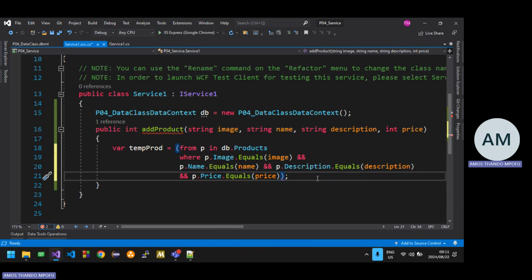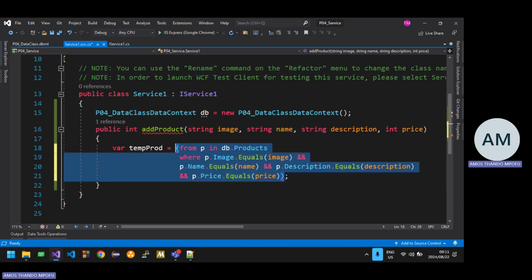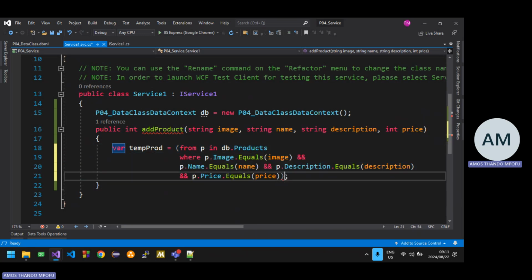And then once you're done, what happens when you run an SQL statement? This SQL statement is going to return all the products. Remember, I'm using var for variable, meaning one value. So I need to call a function called dot first or default. So meaning get the first thing that you find in the